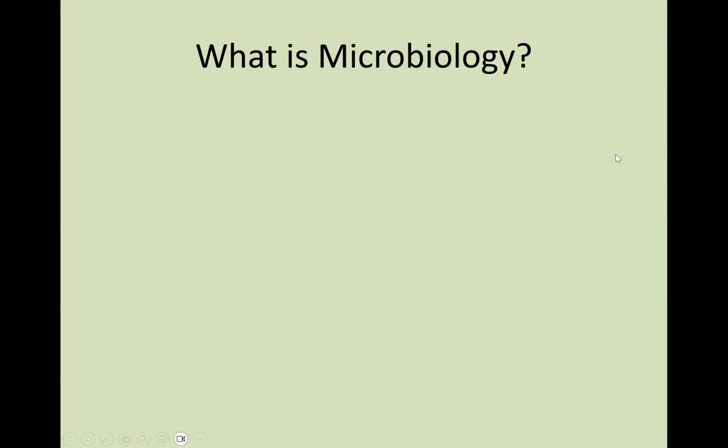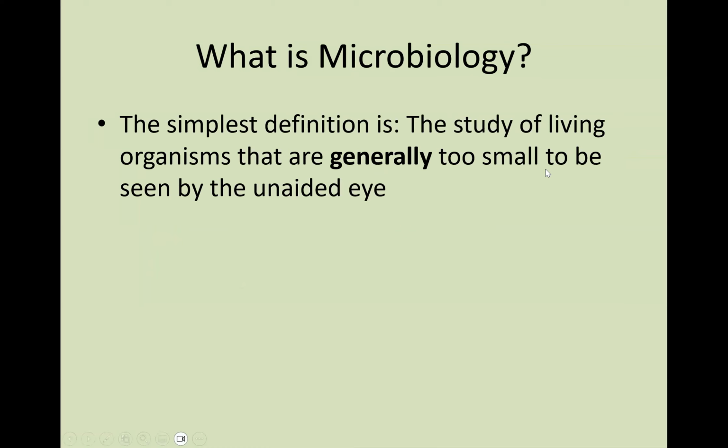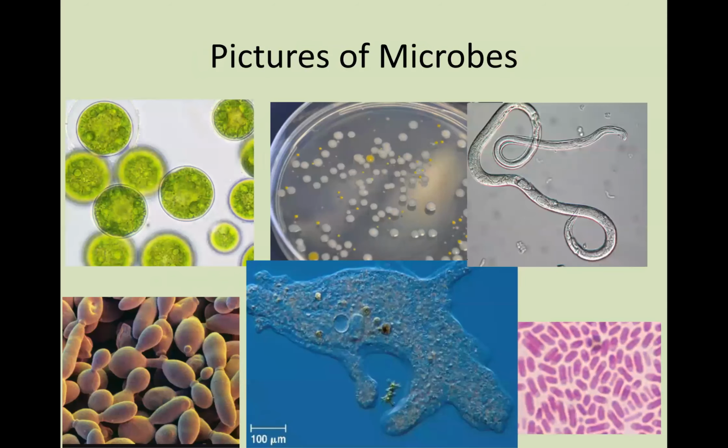All right, so again, what is microbiology? Microbiology is the study of small life. In fact, the best definition is understanding organisms that are too small to be seen with the naked eye. Because of this, a microscope has to be used. When we look at these pictures of microbes, we're going to see lots of different types. We're going to be discussing some prokaryotic organisms, such as bacteria and archaea. We're also going to be making mention of different fungal microbes, some protozoa, or what we call protists, which consists of algae and protozoa. And we'll also be discussing some worms as well, which are called helminths.